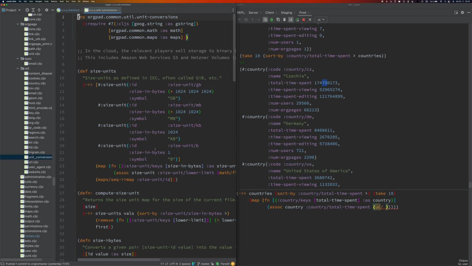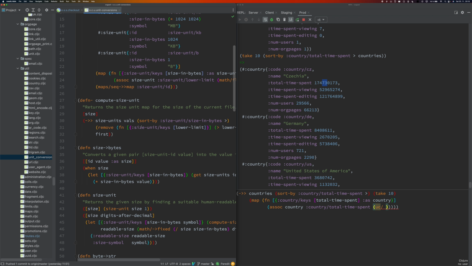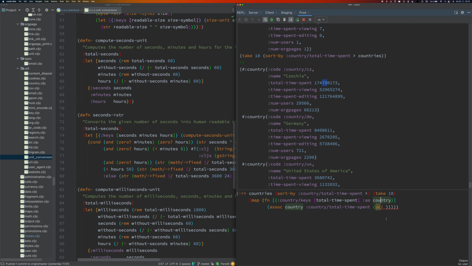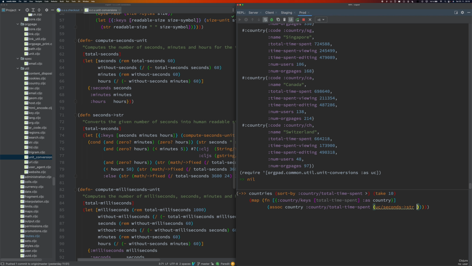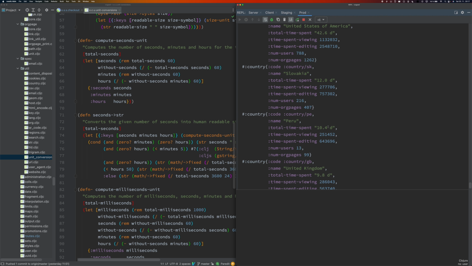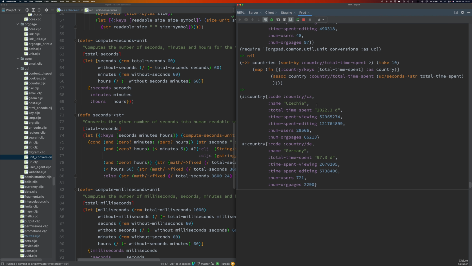So unit conversion. We have size conversions, and we have seconds to string. Okay, let's require it here for total time spent. Of course, and now you can see that the total time spent from Czech Republic is 2,000 days.